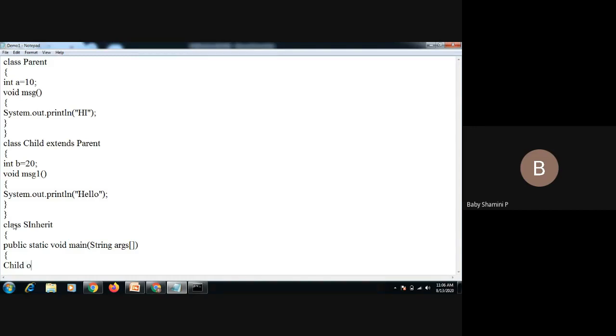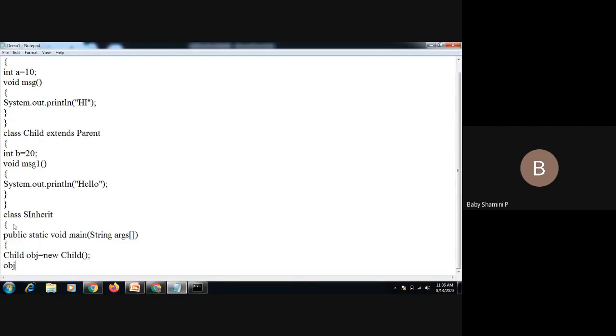I'm going to create an object for child, that is obj equal to new Child(). Through this object I'm going to call all the functions of parent and child. I'm not bothered about the parent class. I am just creating an object for the child class, and through it I'm going to access all the properties.